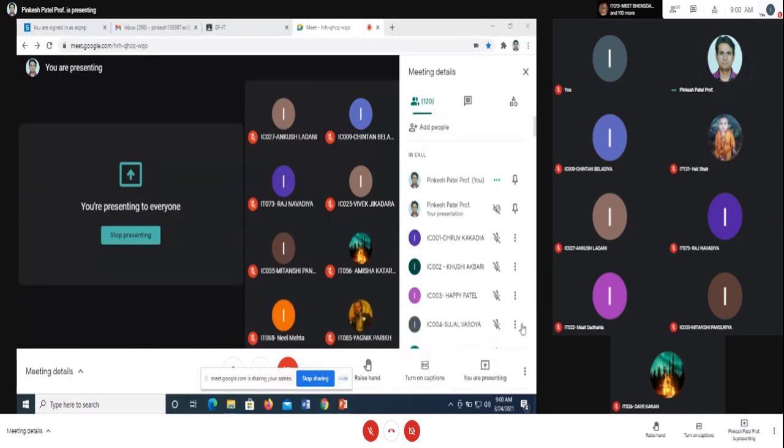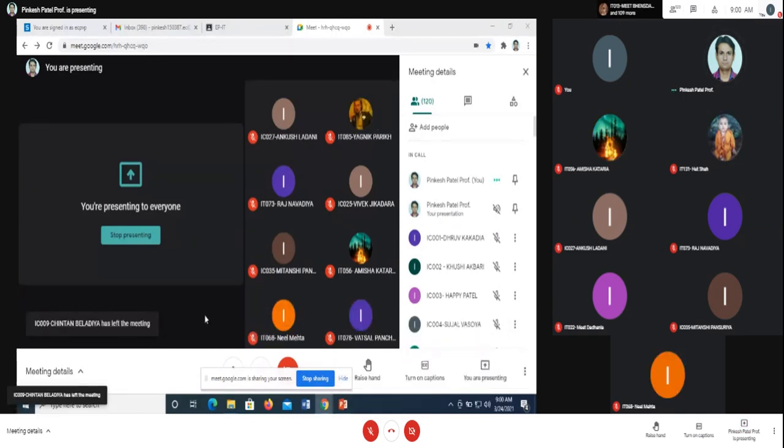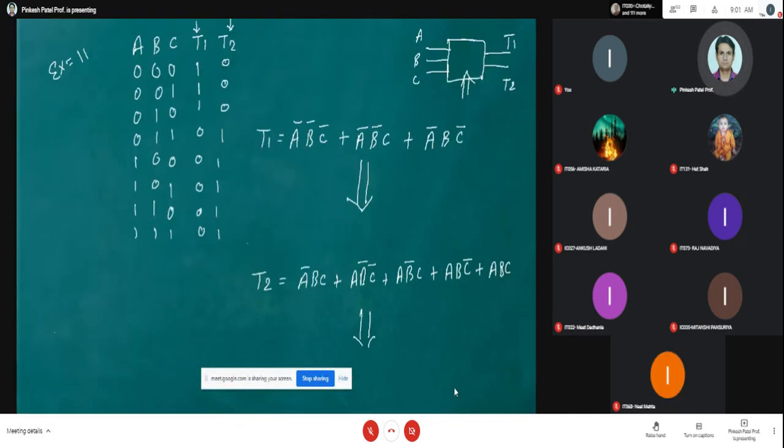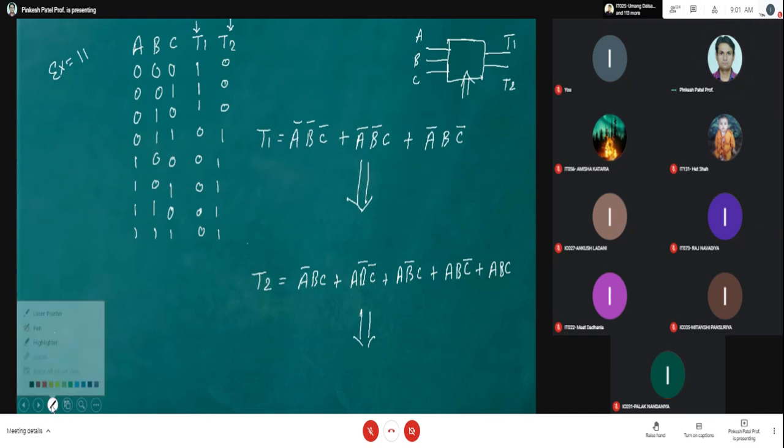Has anyone solved it for T1 and T2 where we stopped? I stopped my previous lecture at this example where I have given a truth table. Am I audible, right?